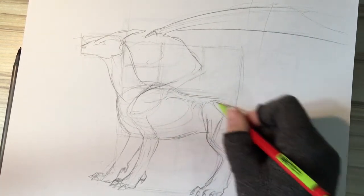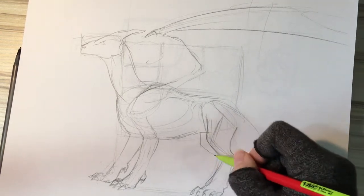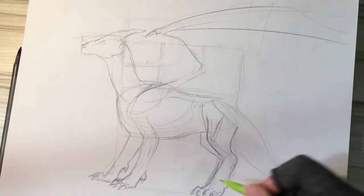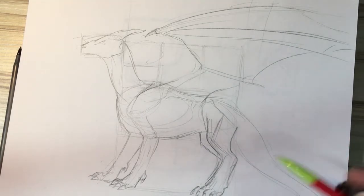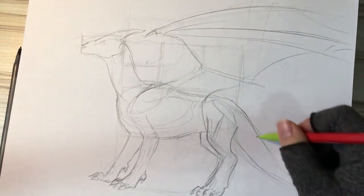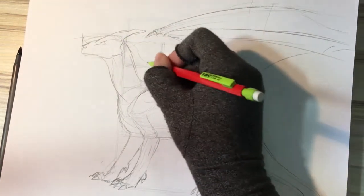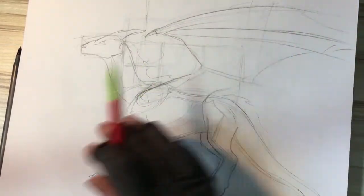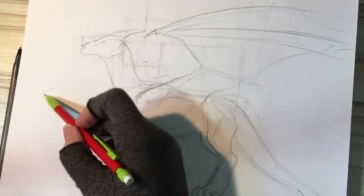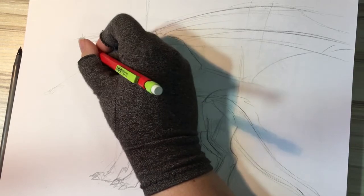Again, these are just basic guidelines that you can throw down for yourself, and you can do whatever you want really, but if you base it off of animal structure, you will be able to have it look a little bit more realistic in your sketches. Obviously this is quite cartoony, but when I go in and start adding muscles and where certain muscle groups would lie, that's when you'll see animal anatomy come through. So I've got this sped up 2 times. Anyways,